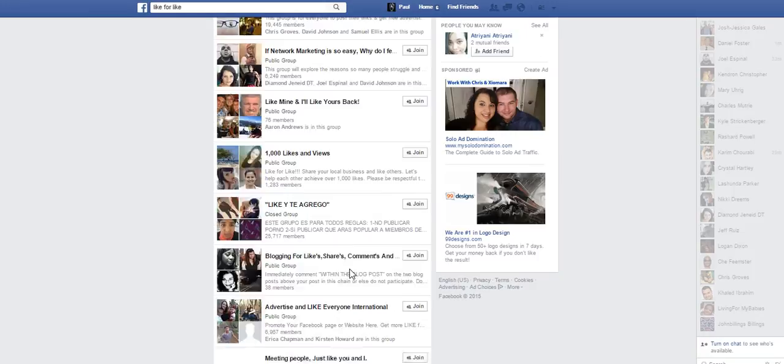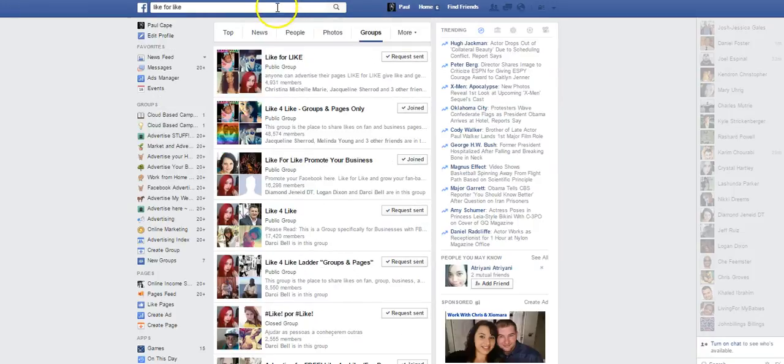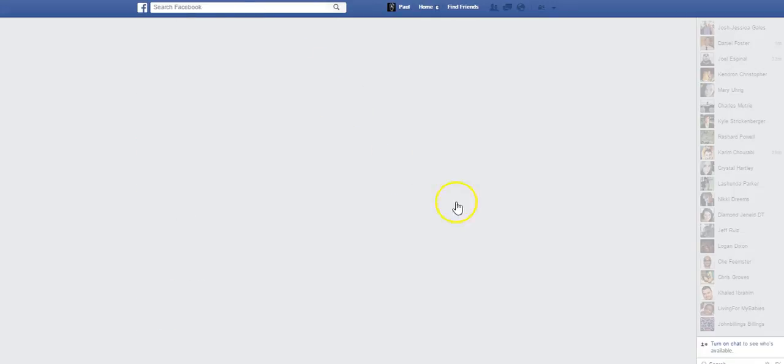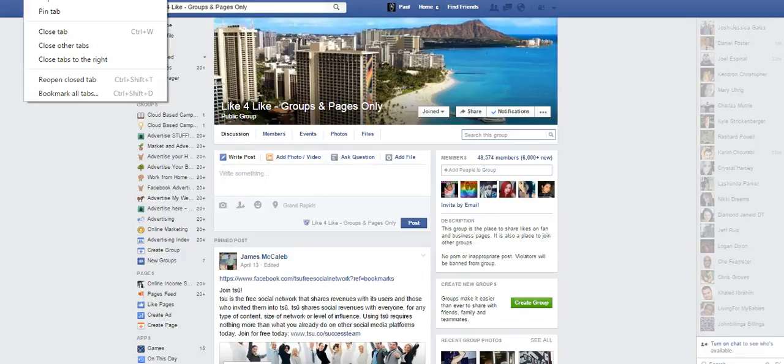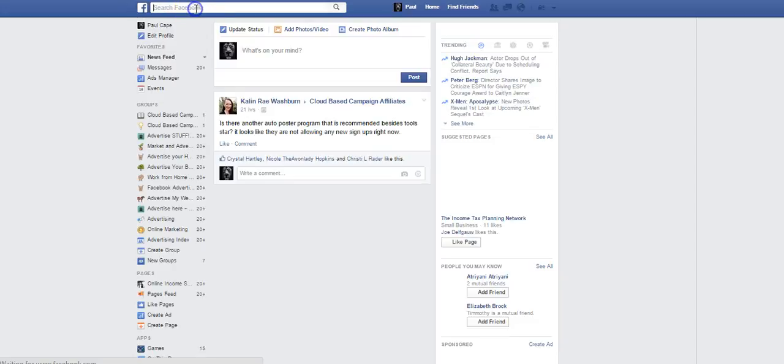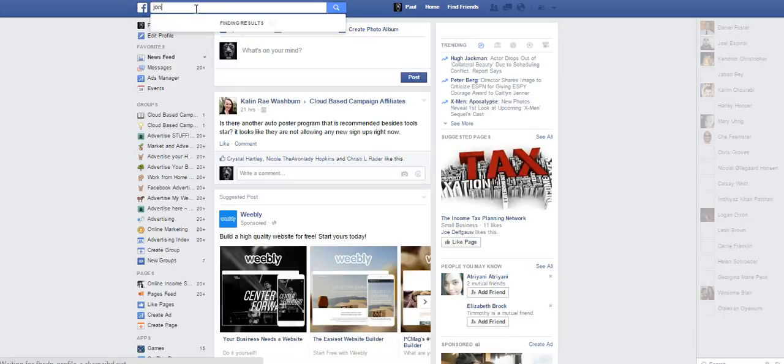And each one of these groups, when you're in them, what you can do is, like this one says that I've already joined it. So I'll go into this and show you here. You're going to put a link here. You're going to post your page here. So let's go ahead and let's go to Facebook real quick, and I'll show you that page. So I made a page, John Doe something the other,